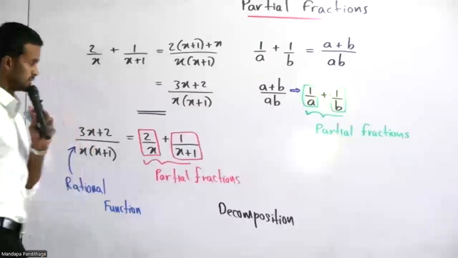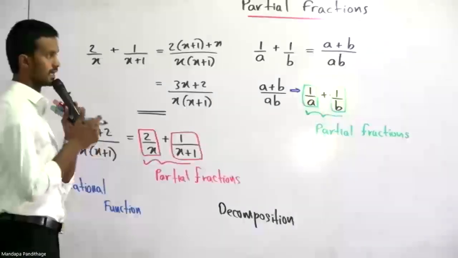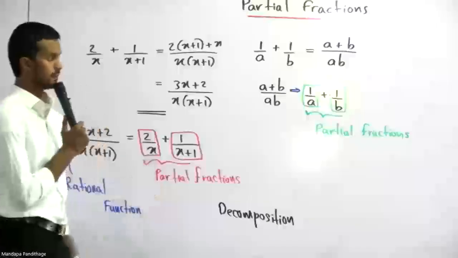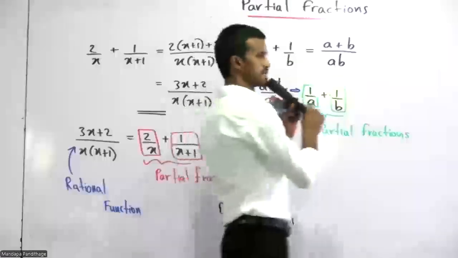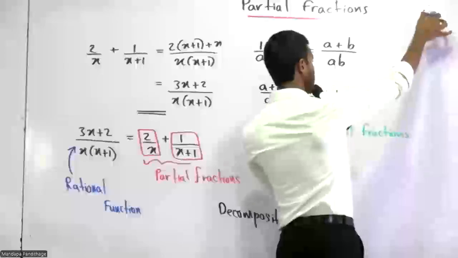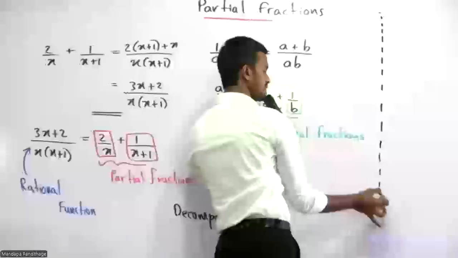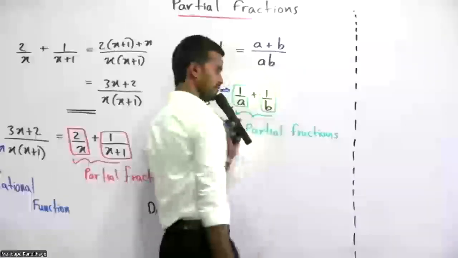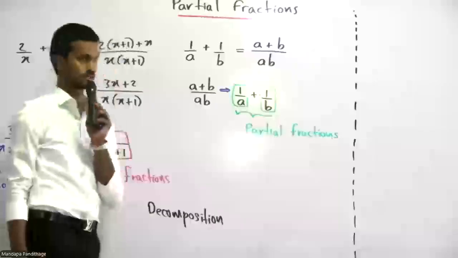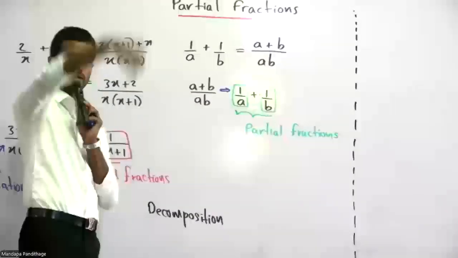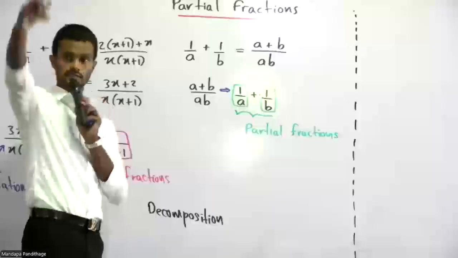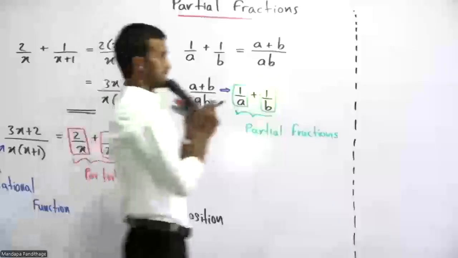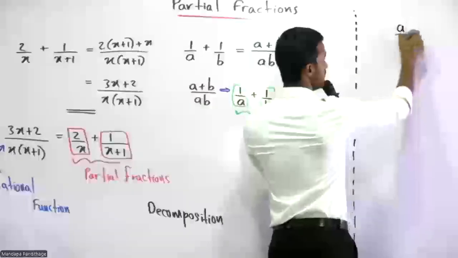Okay. So there are two types of rational functions, and based on these two types, there are two ways of splitting into partial fractions. So today we'll be entirely discussing one type of rational function, and next week we will be moving on to the next type. So when we are talking about fractions, say this A over B,